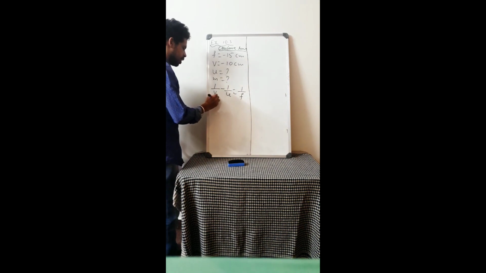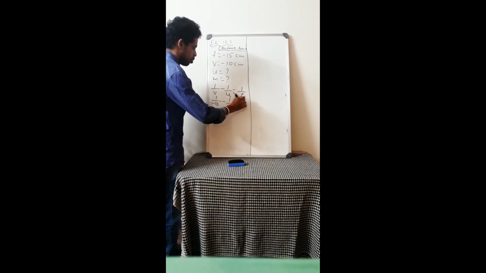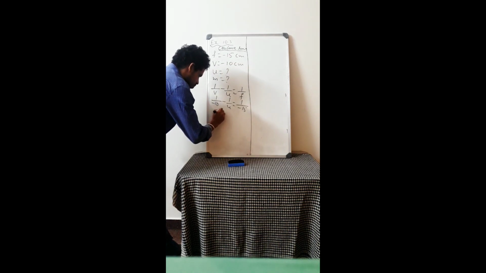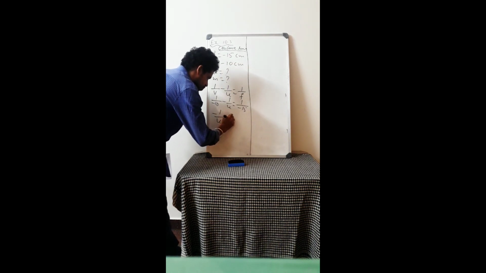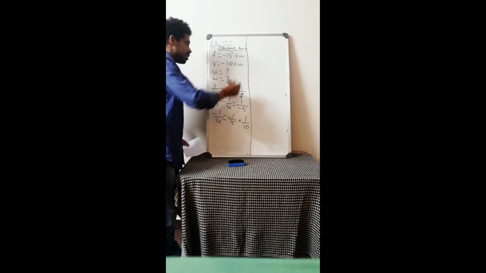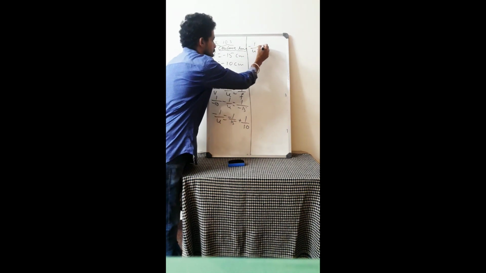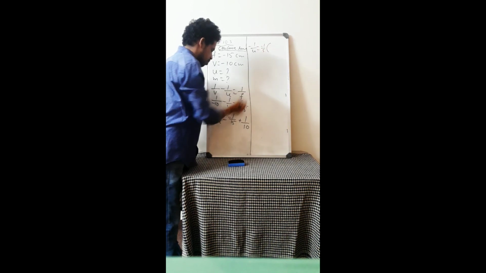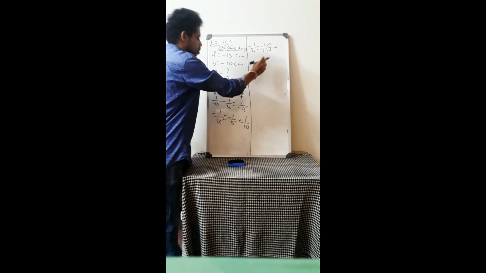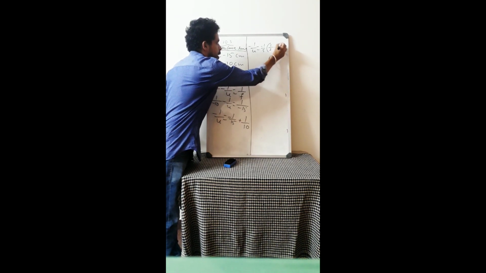You have to apply the sign convention here. So 1 by minus 10 minus 1 by U is equal to 1 by minus 15. Sending minus 1 by 10 to that side, you get minus 1 by U is equal to minus 1 by 15 plus 1 by 10. You can take the LCM here and solve it. I will take minus 1 by 5 common, leaving 1 by 3 plus minus 1 by 2.